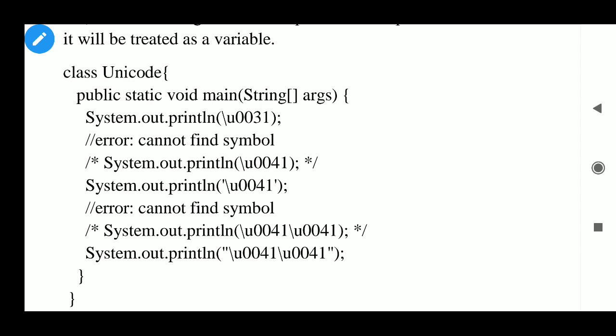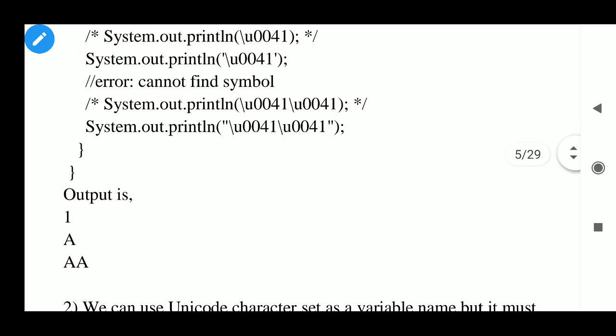Now System.out.println U0041, System.out.println 0041, error: cannot find symbol. System.out.println backslash U0041, again backslash U0041, and it will print 1A and AA. Understood? So this is the way Unicode is now becoming a little simpler for you.